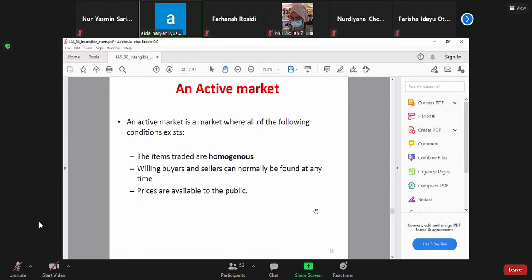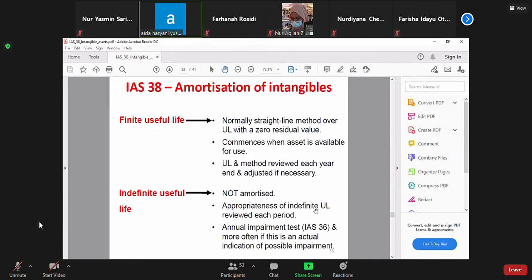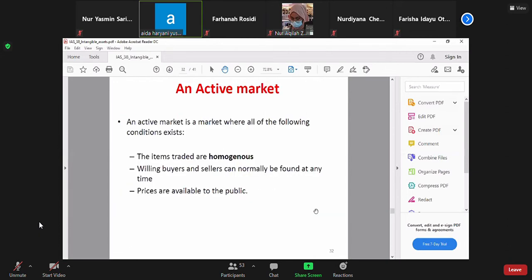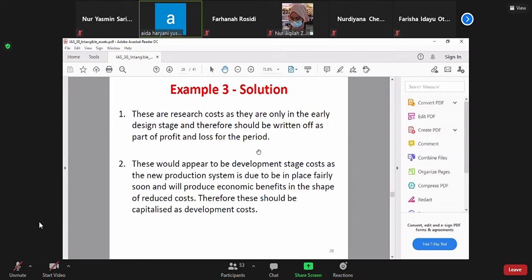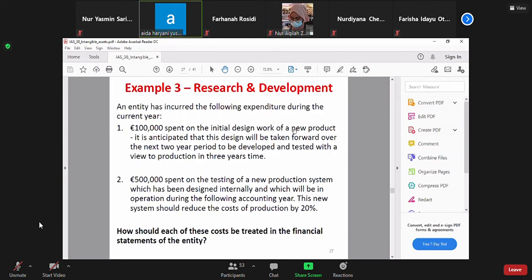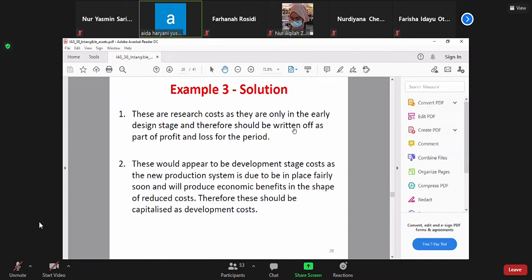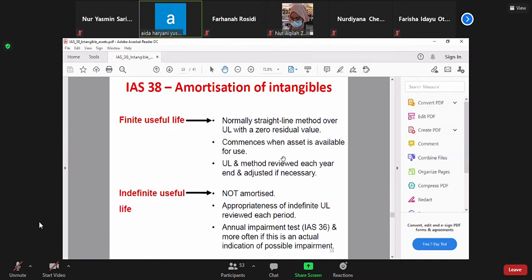How to amortize? Kan tadi dalam development cost tadi, you gonna useful life. Ni question yang ni. Okay, not this one. This is the useful life of the intangible asset. Okay, so how to amortize it? With a zero residual value, sama macam question tadi. Commence when asset is available for use. Useful life and method review